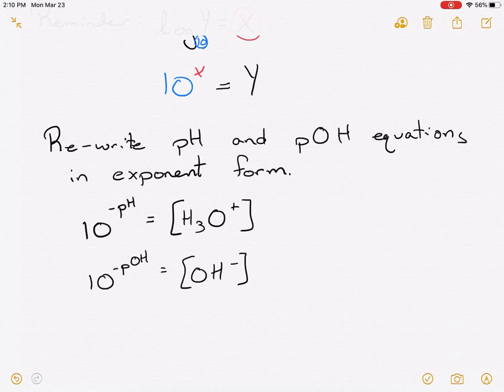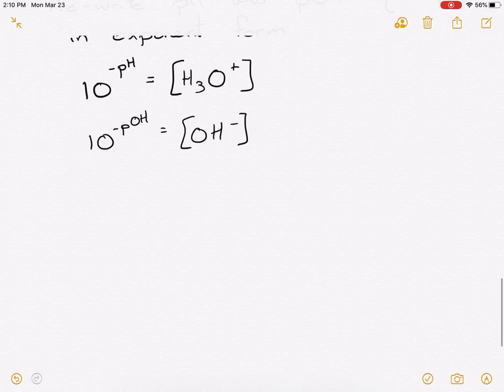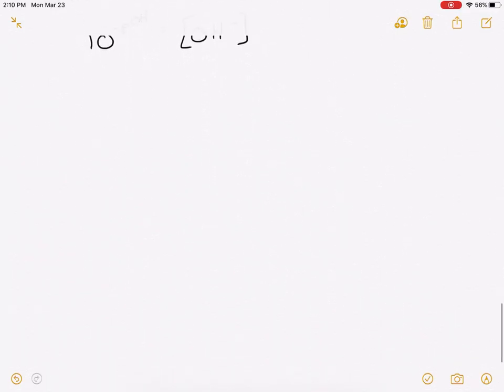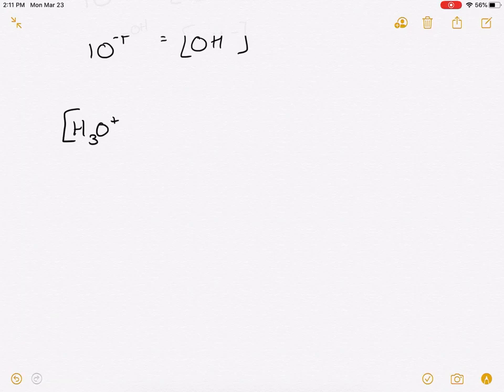Okay, so we have all these relationships. So let's put together a diagram on how all of these things can be found and how they're related to one another. So in one corner, I'm just going to scroll up here. We're going to have a big diagram that I'm going to put together here. Why won't it let me scroll? Ugh, whatever. All right, so we've got our H3O plus,